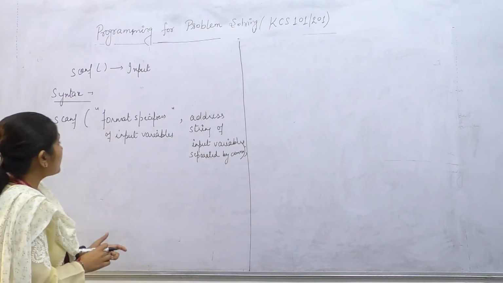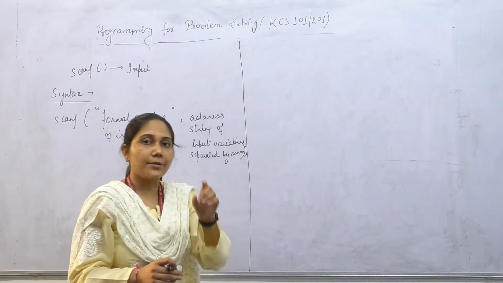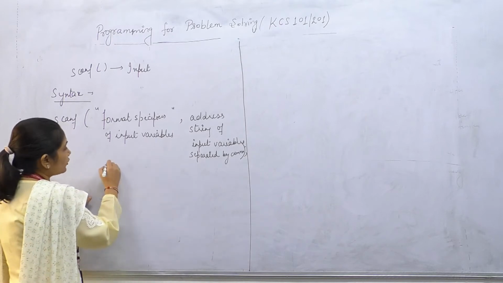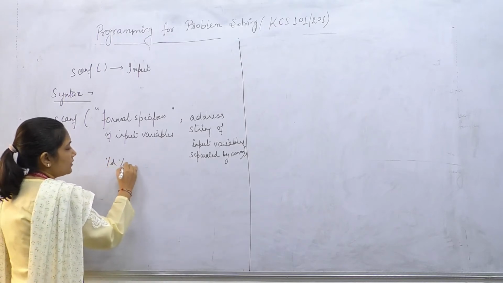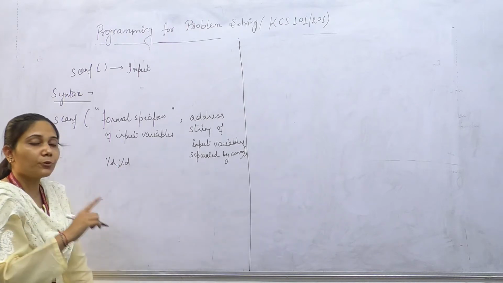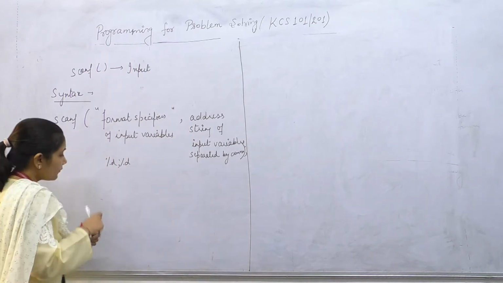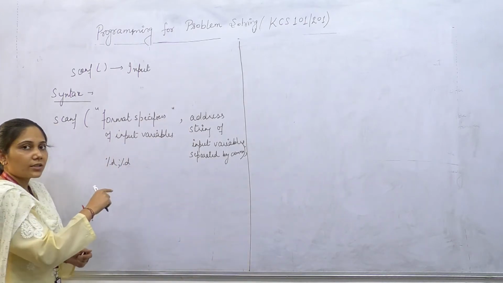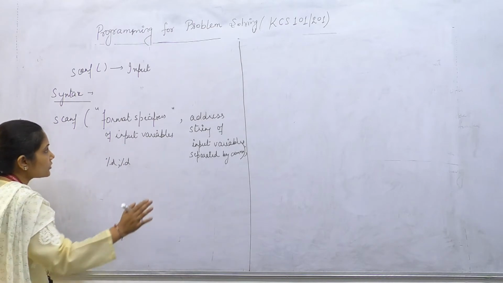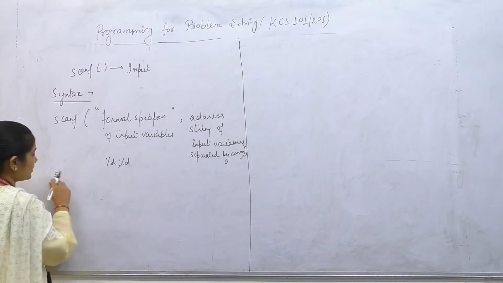Okay. Now remember one thing: in the format specifier portion you are not supposed to provide anything, I mean comma, separator, nothing. You just write it like this. If you want to give %d, then keep it like this, right? Don't put any comma, because if you put any comma or any other special characters in here, then while giving the input you have to type all these things on the output screen also when you run this program.